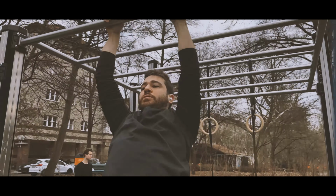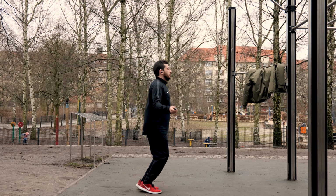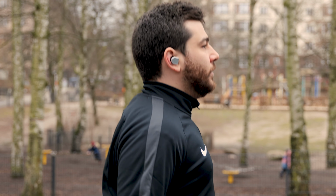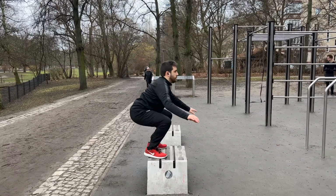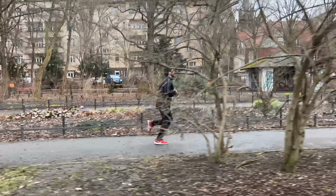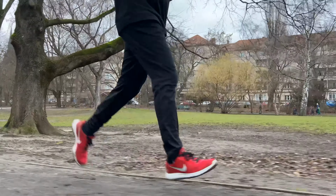For us, the most important category was comfort and fit. When you're doing sports, you need to be able to concentrate on what you're doing, and you can't really do that if you're uncomfortable. This includes if the earbuds are constantly jiggling and you have to twist and turn them to keep them in your ear. We tested them especially while doing exercises that had the highest possibility of making the earbuds fall out. After quite a few push-ups, burpees, jumping rope, a couple of failed attempts at doing pull-ups, and jogging,